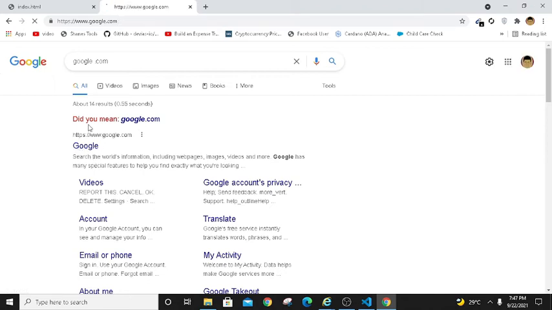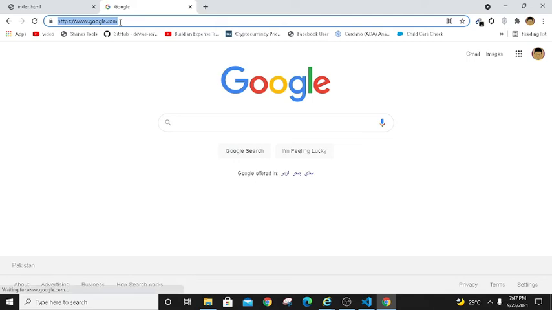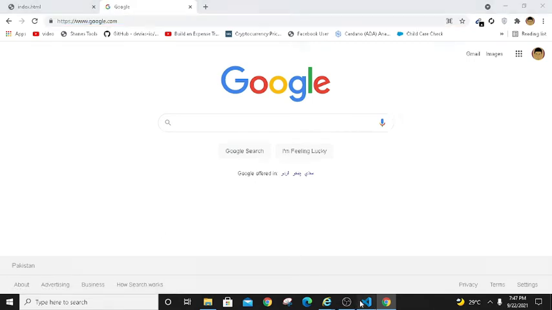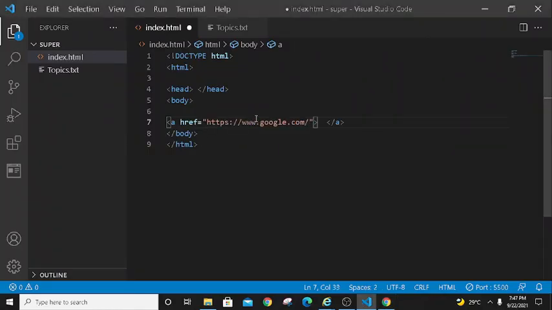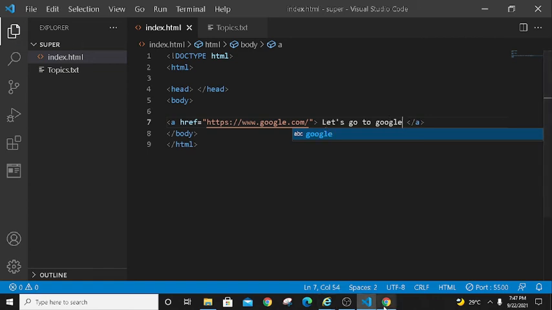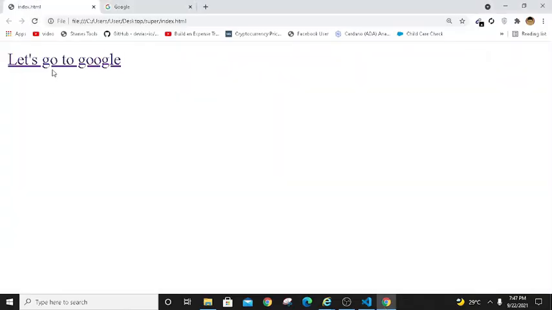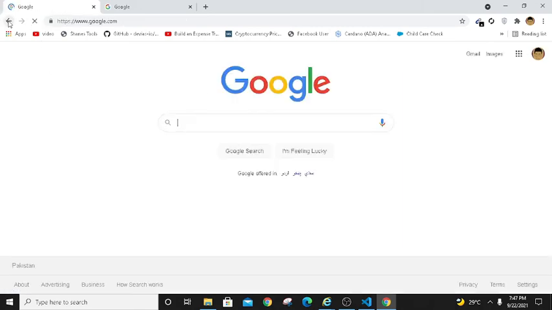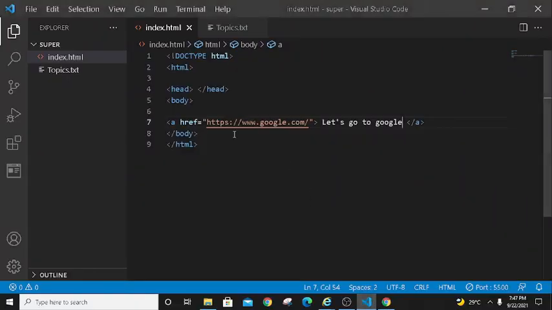I want to redirect to google.com, so I will use this link. Whenever I click this link, it will redirect me to google.com. You can use any link you want in that link part. So that was the a tag.